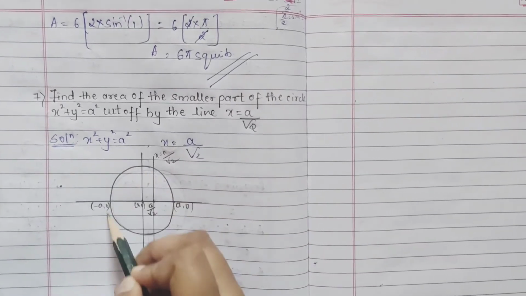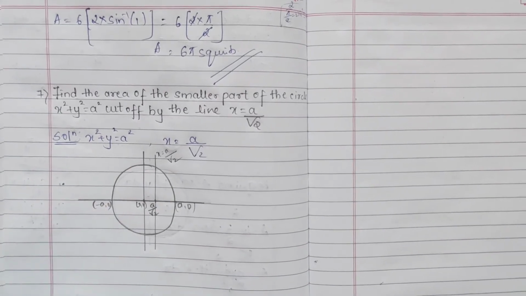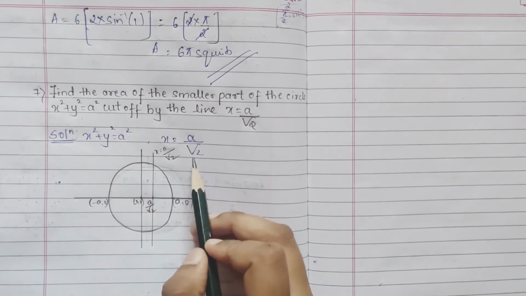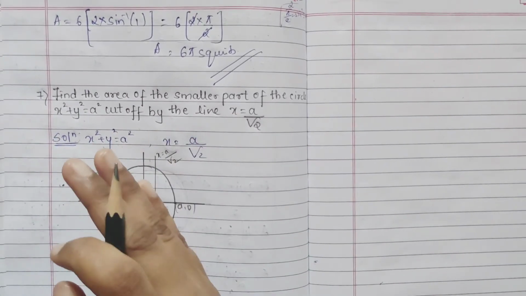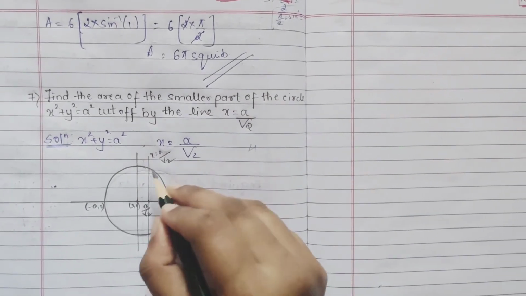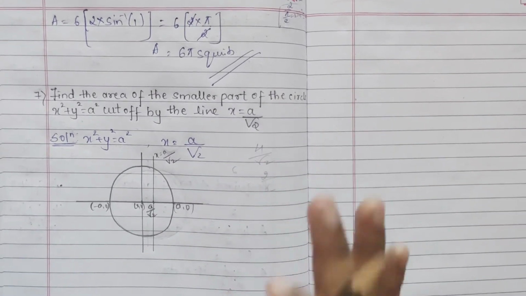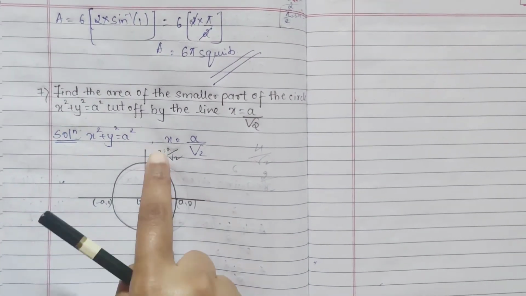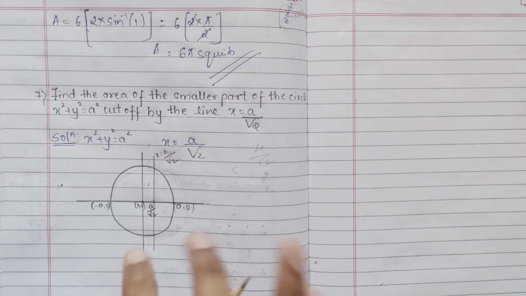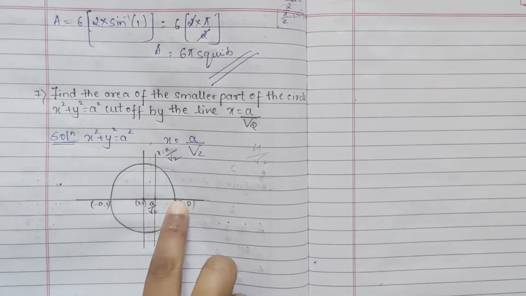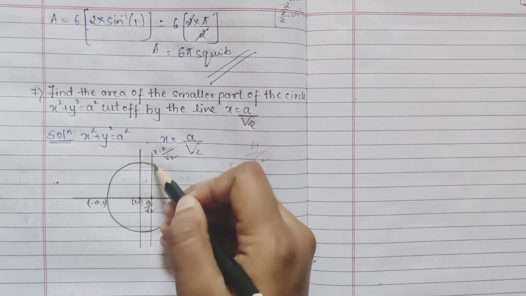So we are drawing a circle with the center at origin, and our radius, how it is, a comma 0, minus a comma 0, and they have given line x is equal to a by root 2, which means whatever the line is, it is half of that, means less than that. So if suppose your a might be 4, so your line is what, 4 by root 2. If it is 2, means 2 by root 2. If it is 6, whatever your a, the line is a little bit less. So anywhere it can lie between 0 to a only. So less than this means it will be between this. So anyhow your arbitrary point you're drawing, and you're doing your line.